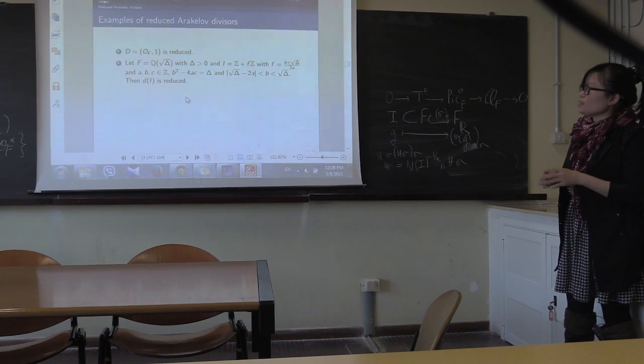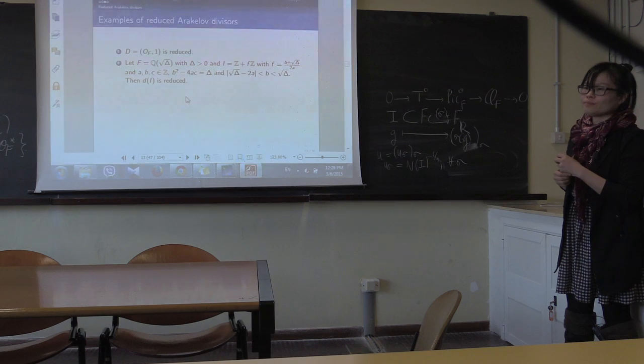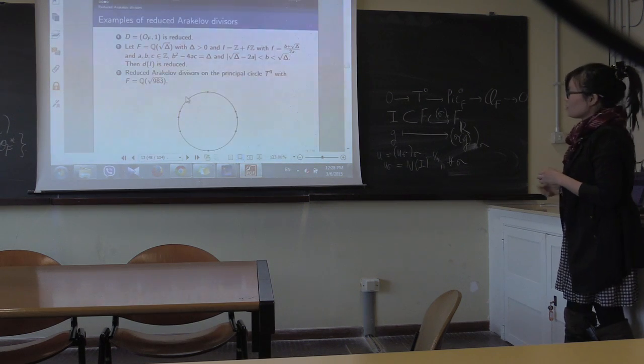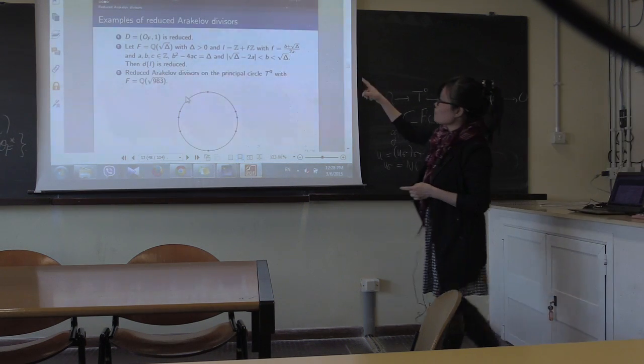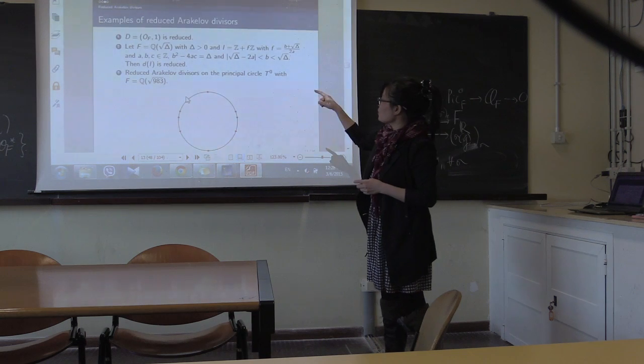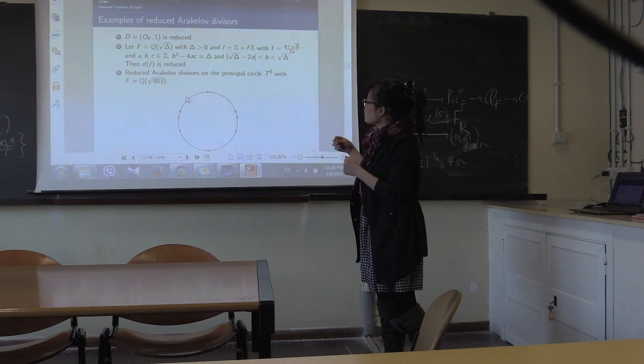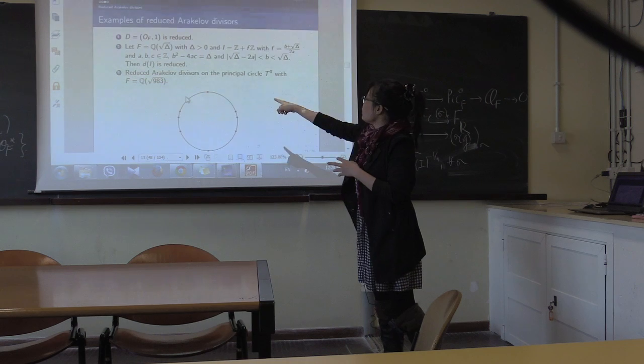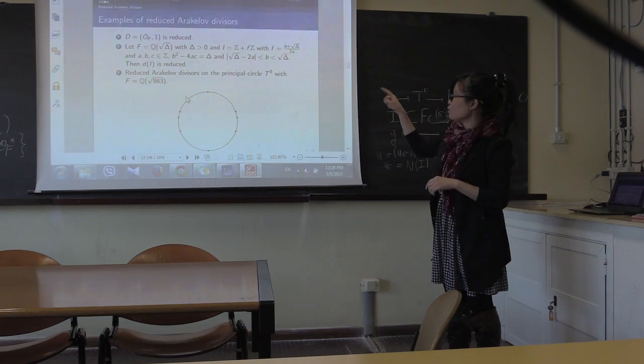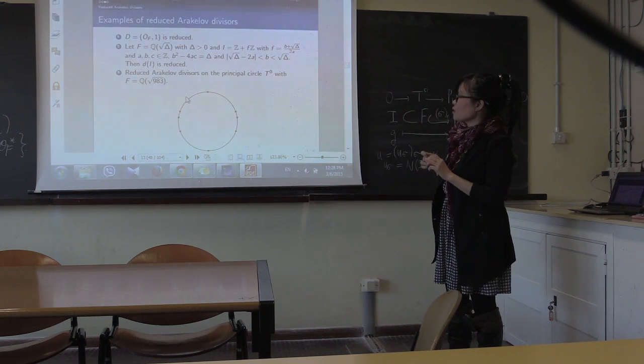Then I is reduced. And here's a small example, the same as example 2, but I take F to be the real quadratic field Q(square root of